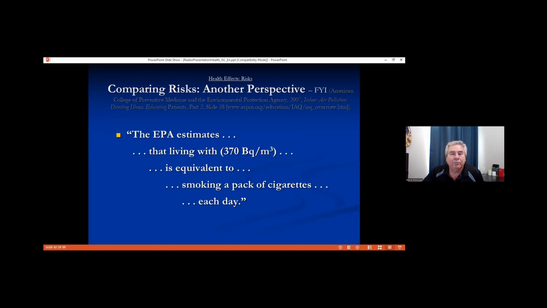Now, to somebody that never smoked in their lives, they'll probably say, I can't accept that. I want something a lot lower. To a smoker, oh, I already smoke a pack of cigarettes a day, so another half a pack, not the end of the world. So it becomes a personal choice at that point. Is 200 acceptable, or would you prefer to have something much lower? So again, just to give you an idea about those numbers that we're throwing out there.